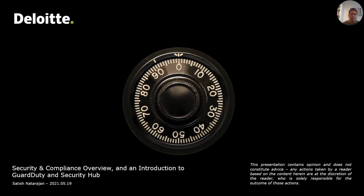My name is Satish Natarajan. I'm a senior manager in Deloitte's technology consulting practice. I'm a lead AWS architect and an AWS EMEA ambassador. I have over 10 years of hands-on AWS experience and currently hold all AWS certifications. Over the last 15 years, I've delivered a number of cloud and digital transformation programs for businesses spanning public, private,